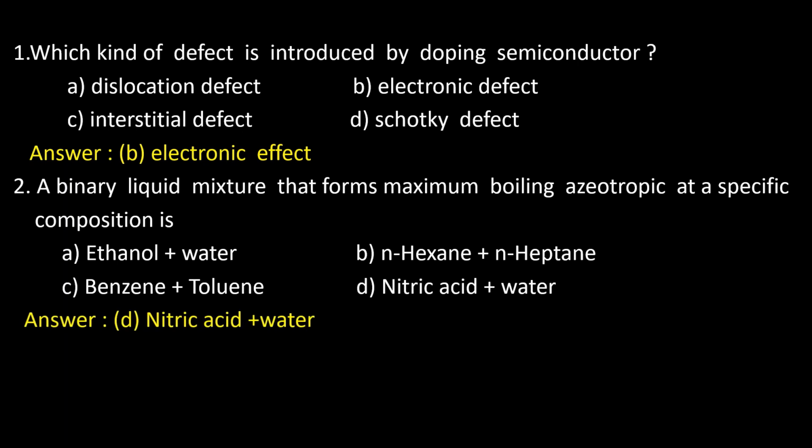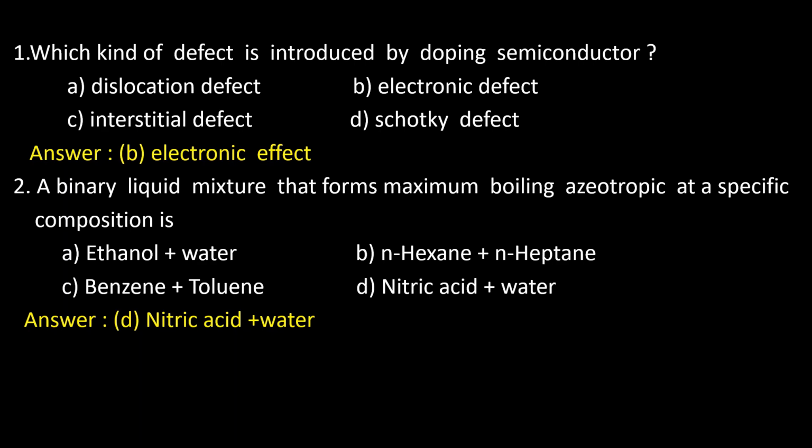Dear friends, the correct option is the D option, that is nitric acid plus water. Now this is the non-ideal solution mixture that forms the maximum boiling azeotropic mixture. Here an azeotropic mixture is one which boils with uniform composition at constant temperature. Now here